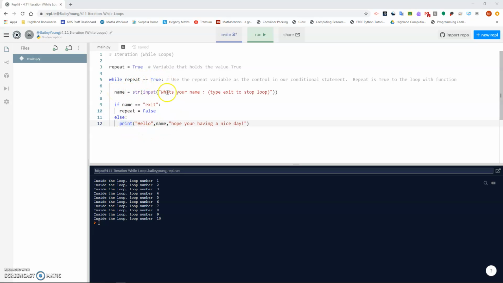So we're going to ask the user for their name, and we're going to tell them to type exit to stop loop. If their name is exit, then repeat would become the Boolean value false. Else it would just print their name and carry on looping. The fact that if they typed in exit and it made repeat become false, that then means that our while condition is also false, because while repeat does not equal true. So if we run this to test it,